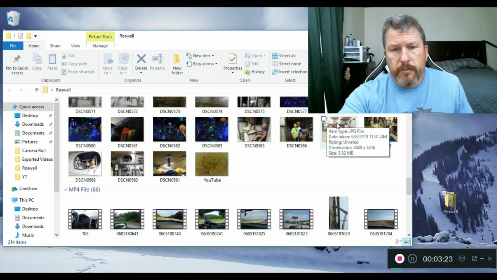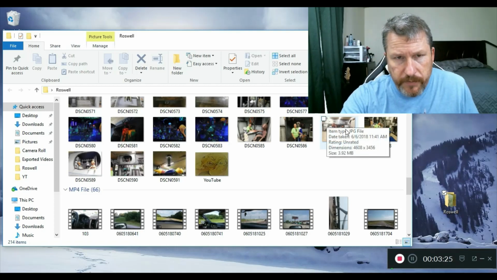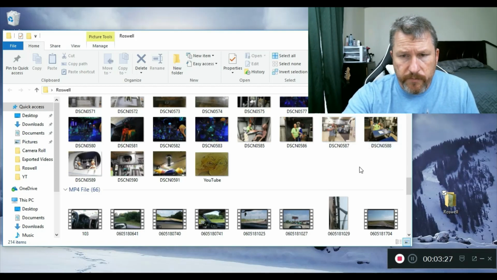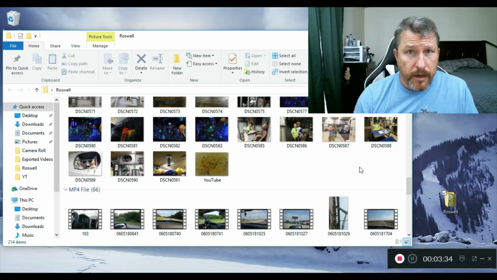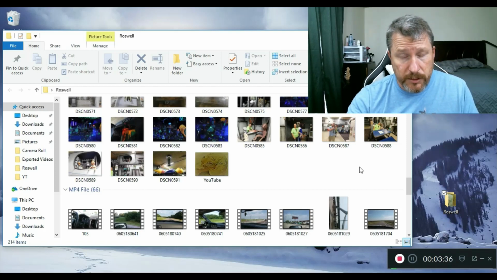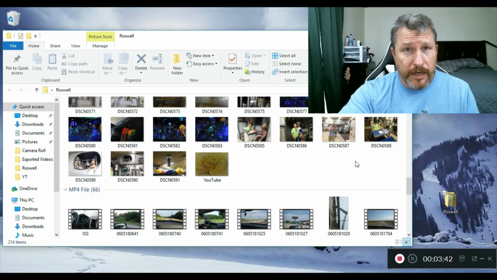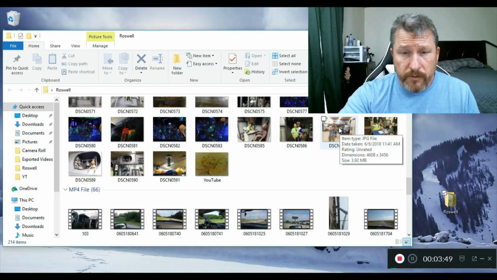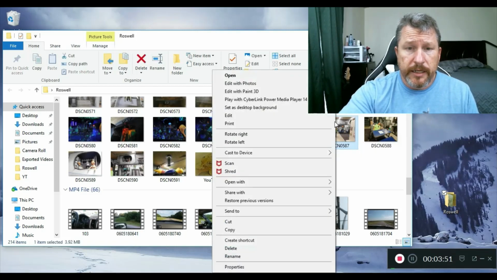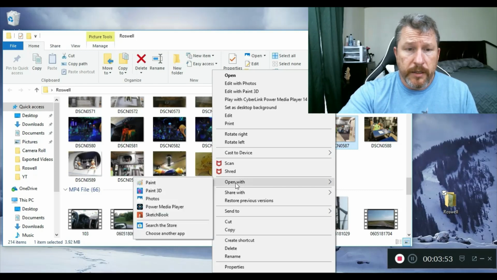So if I just double click this right now, it would open with the default program, which would be Photo Viewer. And while that is a nice program and there's a lot you can do with it, I made a whole video about how you can make YouTube videos just using that program. That's not what we're going to use. We are going to use Paint, believe it or not. And I know Paint sucks, and I know all the complaints about Paint, but I'm going to tell you why I use Paint. So you right click, open with Paint,